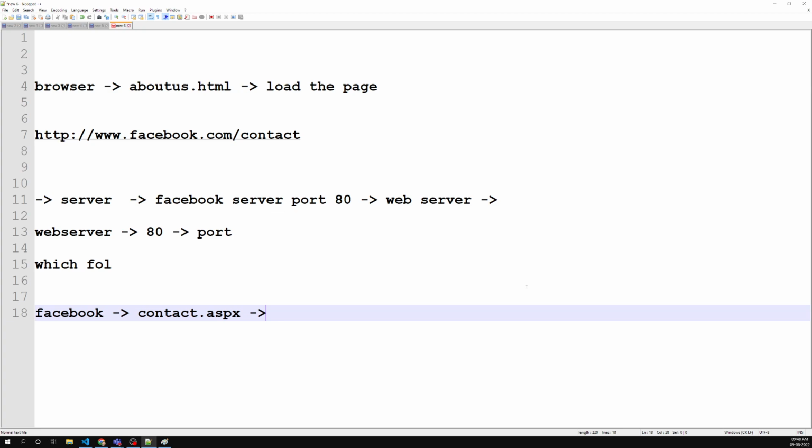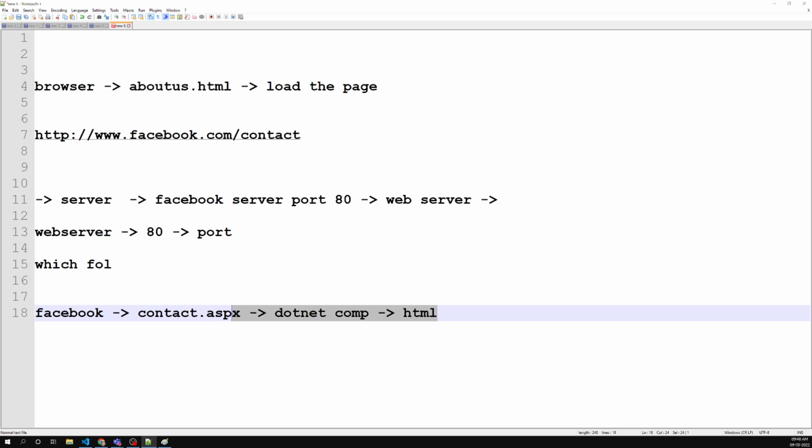And this HTML will be sent to the browser. It will be compiled, and it will be sent to the HTML. So this is the process we actually have in the browser. Now, why I am trying to tell you this is that in Angular we are having something like localhost